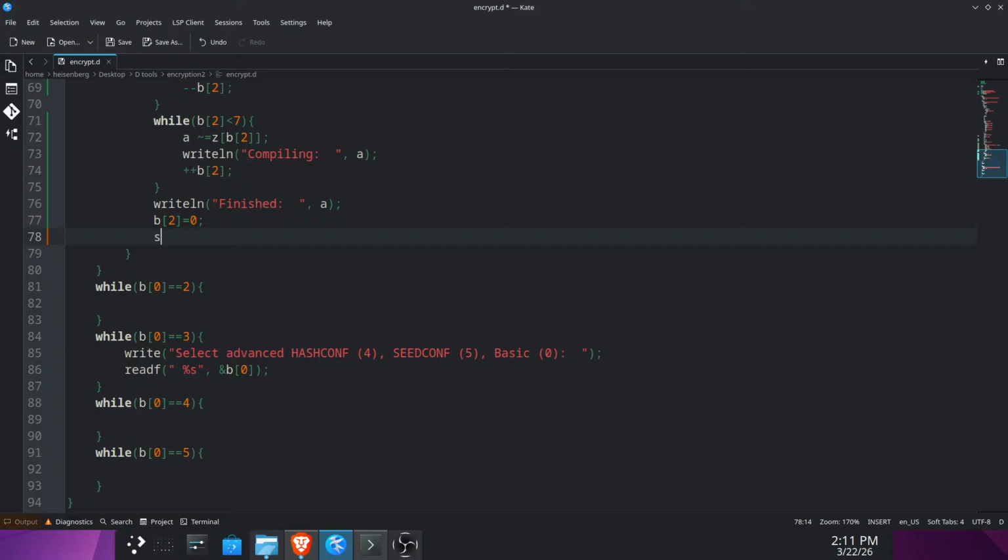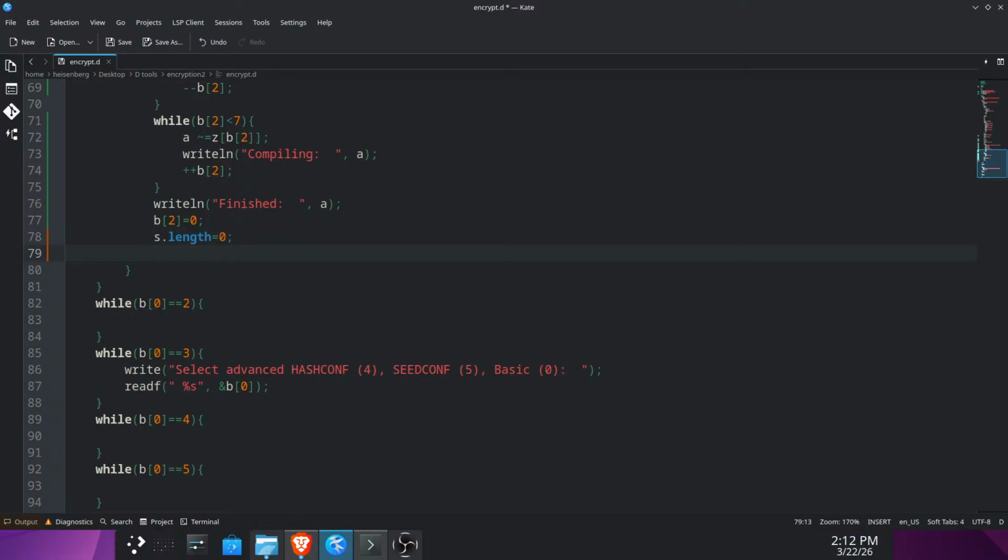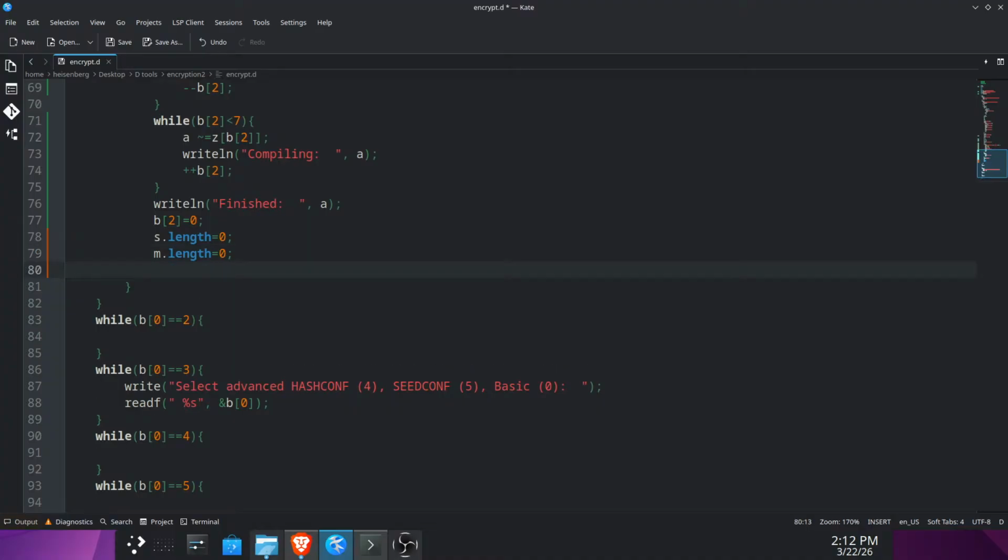Then we need to assign s.length equals 0. And then m.length equals 0. And then we need to assign